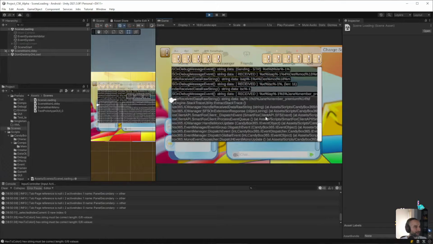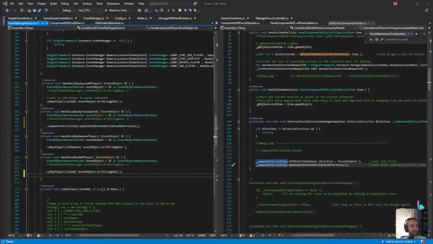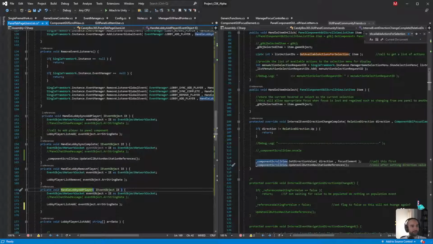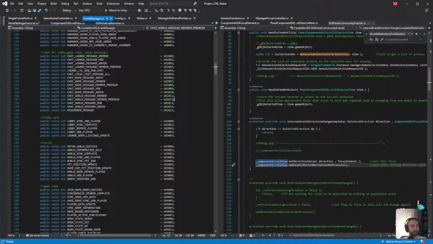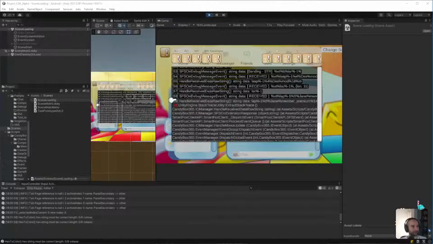So the one that got added was packet LAP. It was lobby ad player. It wasn't sync ad, because sync ad would have been LSAP, the packet header name. I'm quite confident in that, actually.